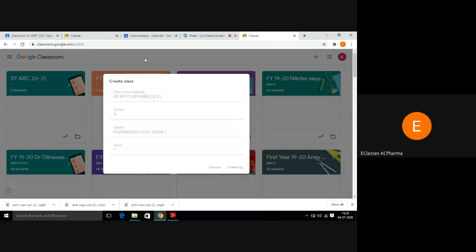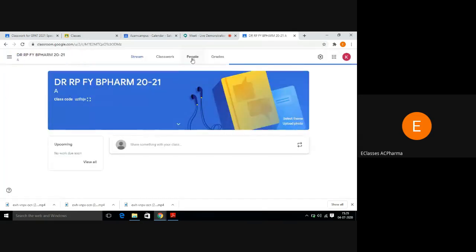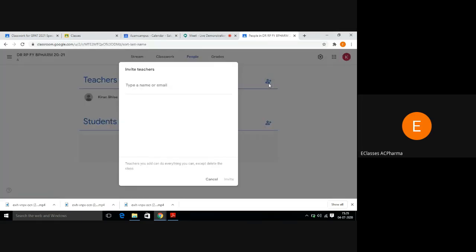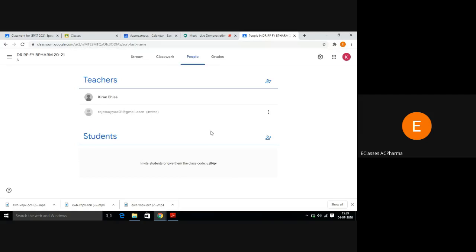Now in her classroom, suppose she is sharing her subject with one more teacher, say Rajat Sayed. The principal will allot the co-teacher to Rani Potawle.